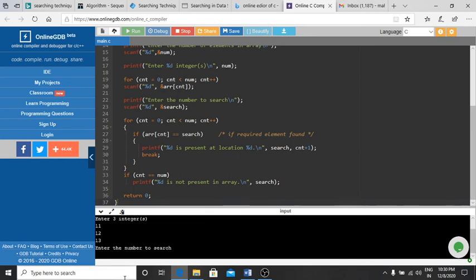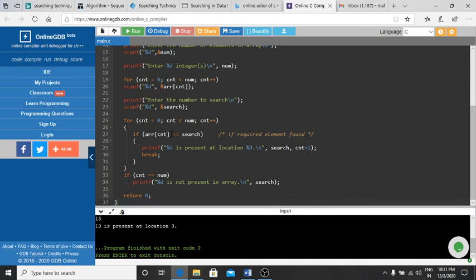It will ask to enter the number to search, that means which element you want to search. Suppose I enter 13 to search, then it will show the message 13 is present at location 3, because locations are counted from 1 to n. So 13 is present at location 3. It will show the output.